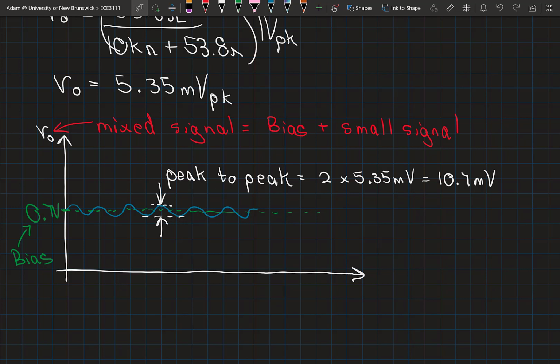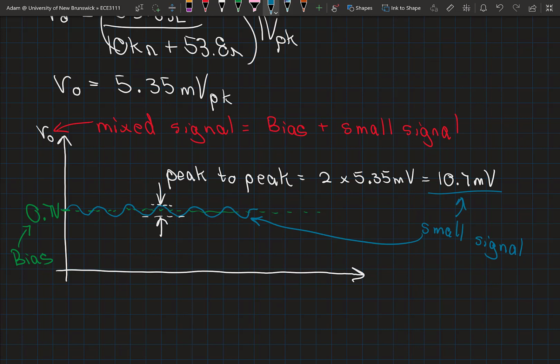This is my small signal component, the small signal output from this circuit. And the combination, the mixed signal, is that small signal that's offset now by 0.7 volts